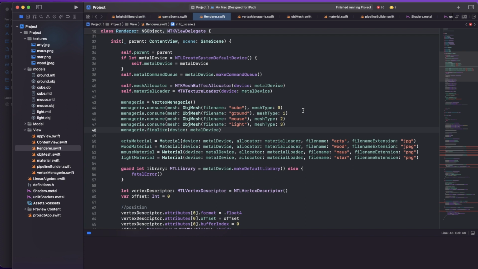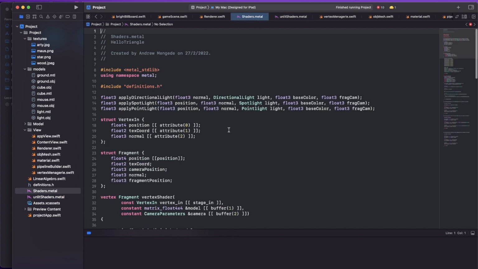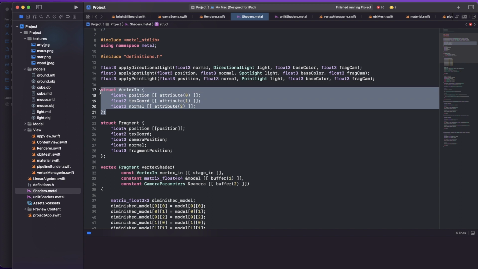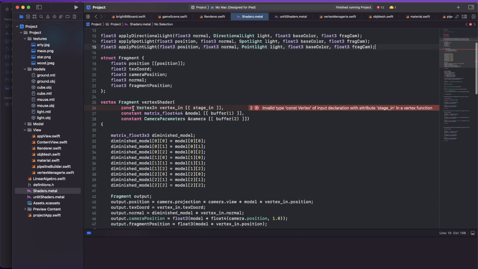It's going to need a bit of work on the shader side. So what I'll do is just open up both of these shaders. It'll both go the same way. And I'm just going to get rid of this vertex in. Before I was using these attributes, I'm not creating attribute descriptors at this point. What I'll do instead is I'll declare this as a buffer. So I'll create an array, and I'll declare this as,